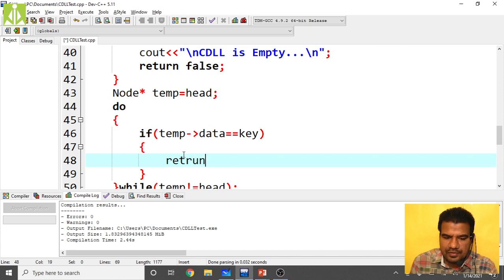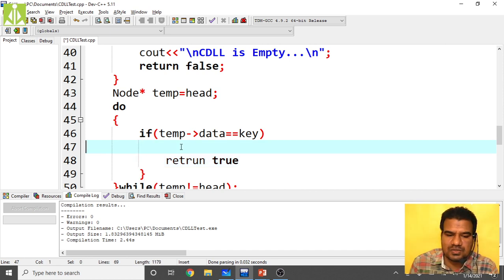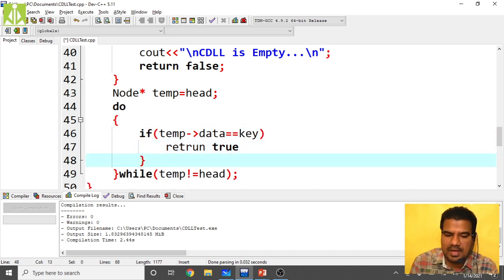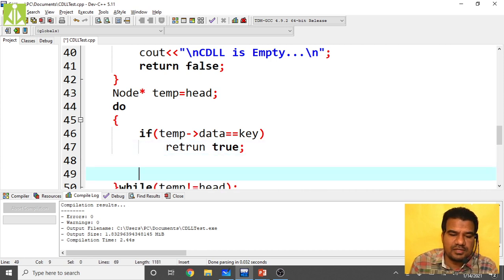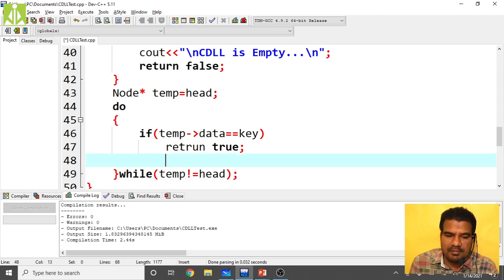Return true, that's it. No need to take the curly brackets because it is only one statement. And then, after this, make temp equals to temp of next, so that it will go to the next.